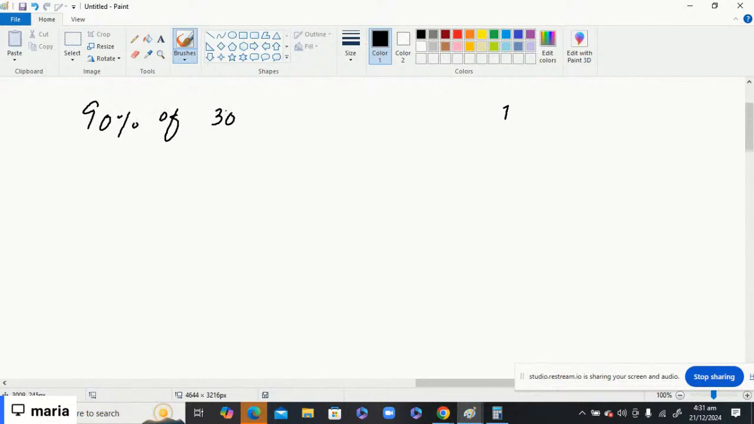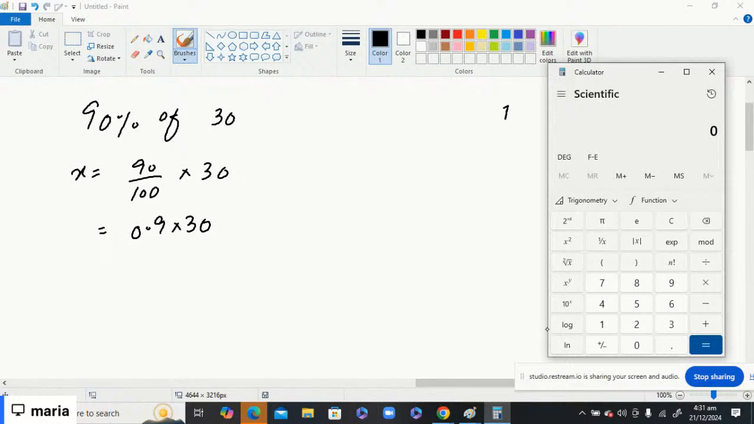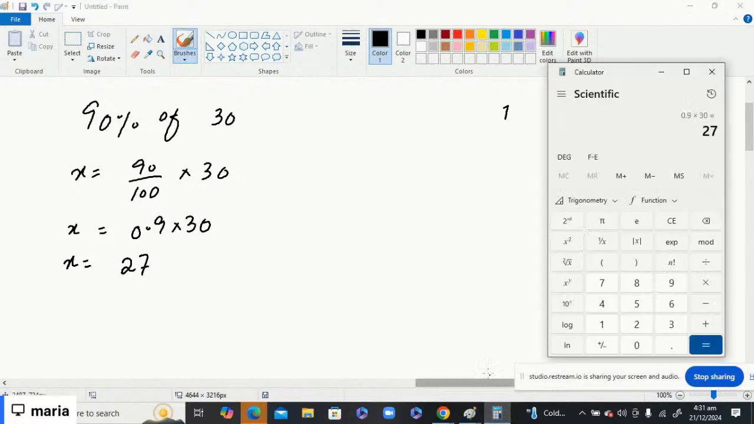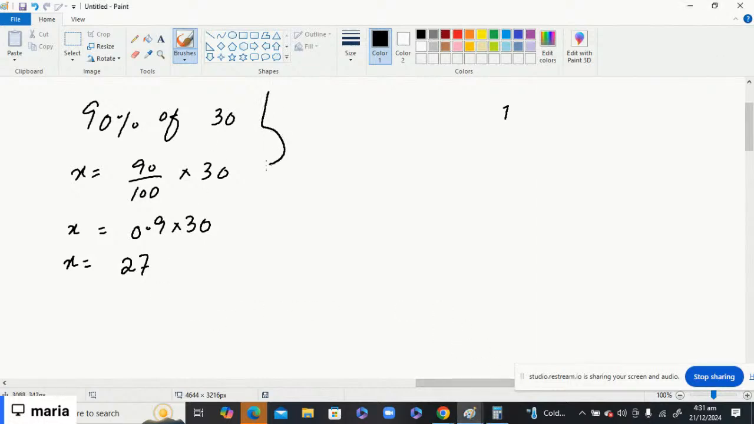We are using the two methods, okay? Now, x is equal to 90% over 30, which is 0.9 times 30. So the x is 27. Okay. But when we see this one,